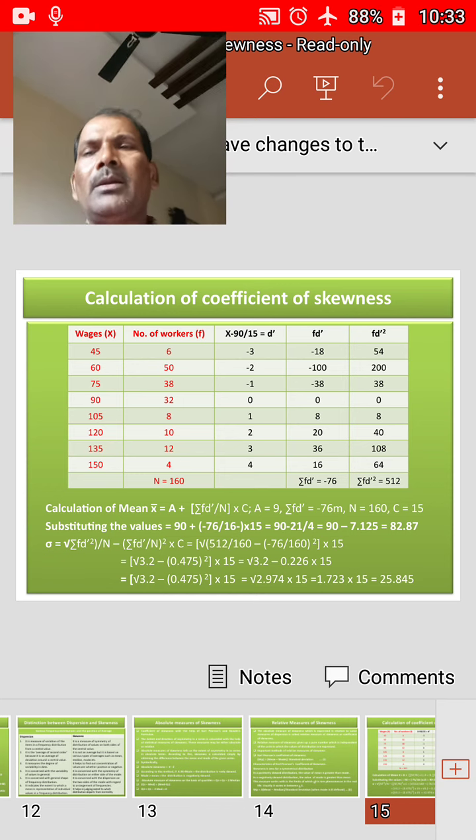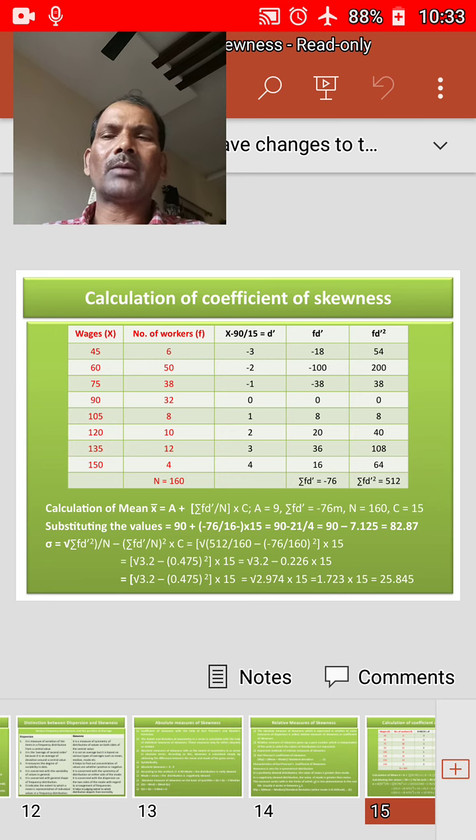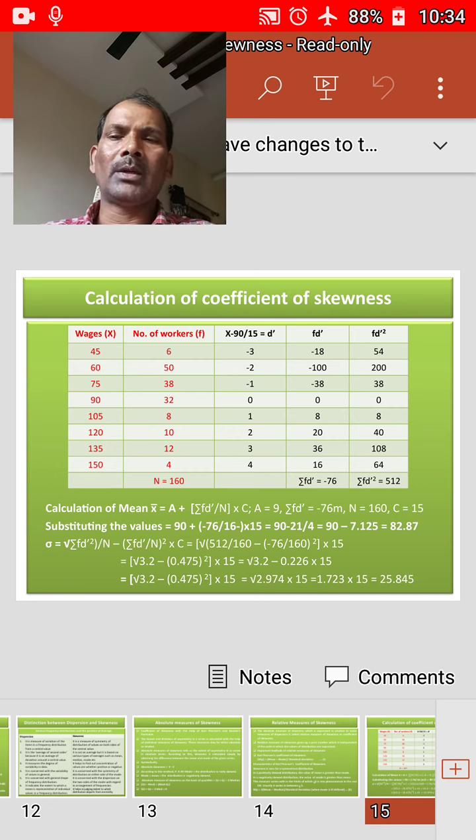We know the standard deviation formula, that is small sigma is equal to under root sigma fd dash square by n minus sigma fd dash by n whole square into c. Sigma fd dash square is equal to 512, sigma fd dash is equal to minus 76, n is equal to 160, c is equal to 15. Substituting the values in the formula, we will get sigma equals under root 512 by 160 minus 76 by 160 whole